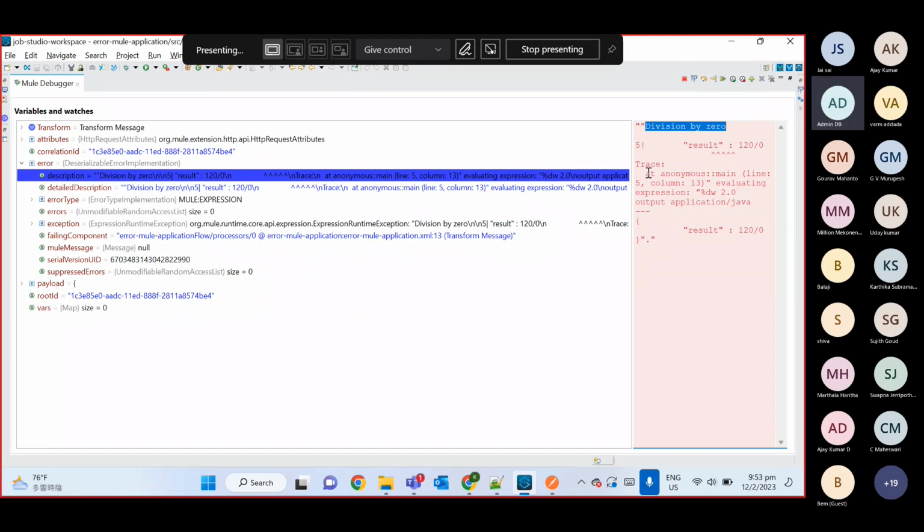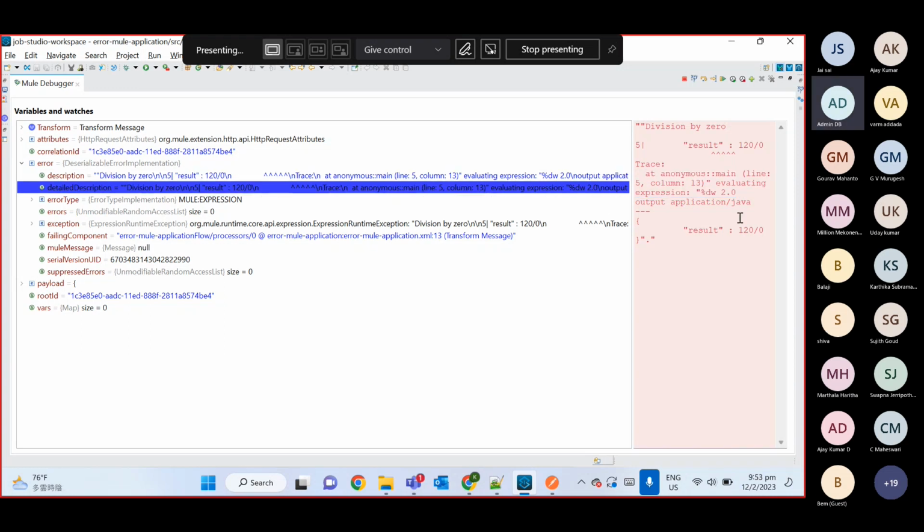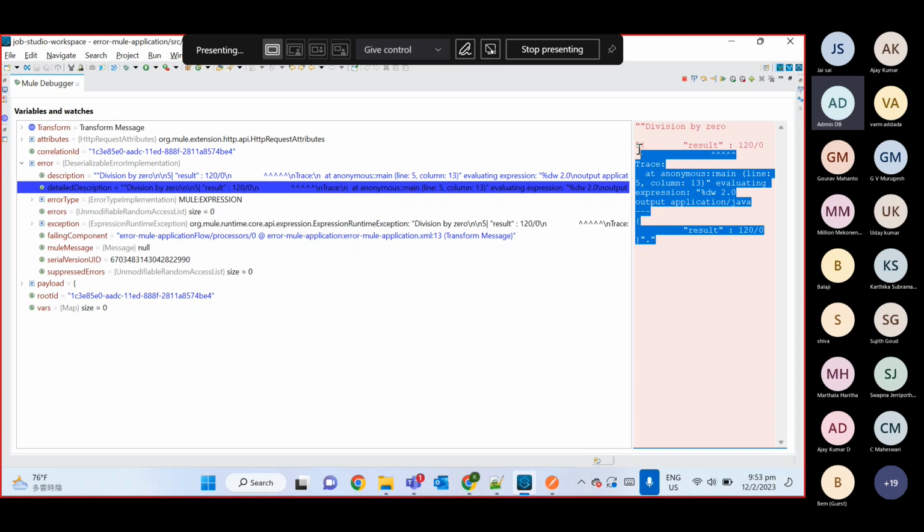Okay, so it's telling us at which line number, column number we have this particular error. Then here in detailed description, generally it will be the same, but sometimes it will give you more description. Okay, and then here you can see